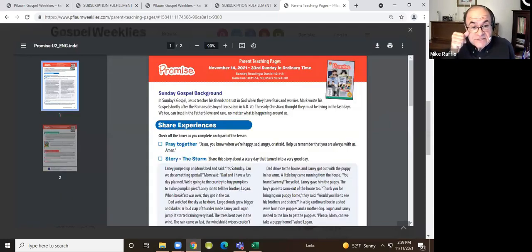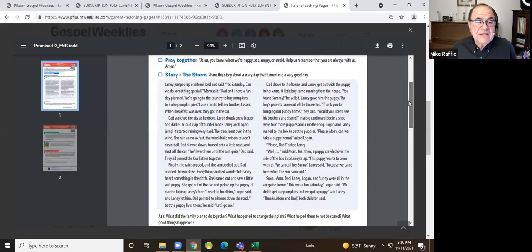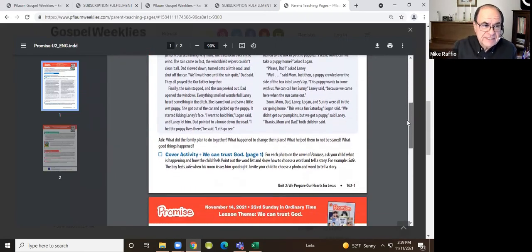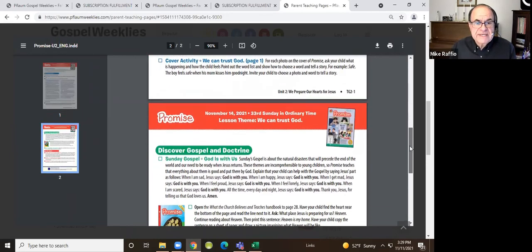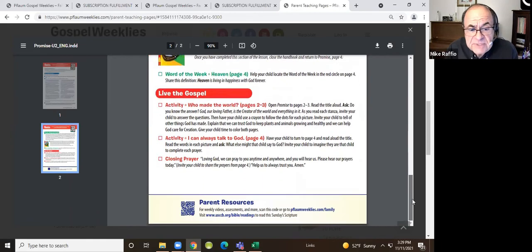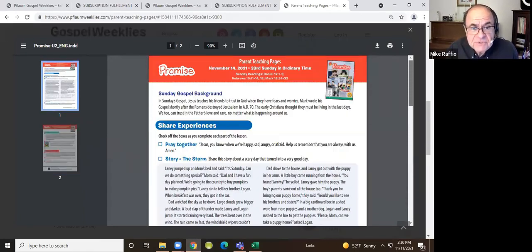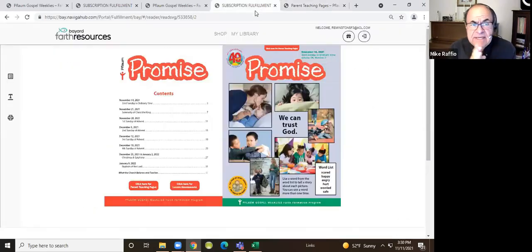So parents have access to these pages at all times. There are only 2 pages. It gives them a little background. This one actually is a little bit longer because the story is written in here in Promise. That whole story is referred to. It's not written in the material. And then simply the activities for the parent to go through when they're working through this lesson with their child. And you can see it says, here's the activity on page 2, 3, an activity on page 4, etc. Reading the gospel together. It's a very simple way to do this as a family, to do this at home. So we can get out of that, Dave.